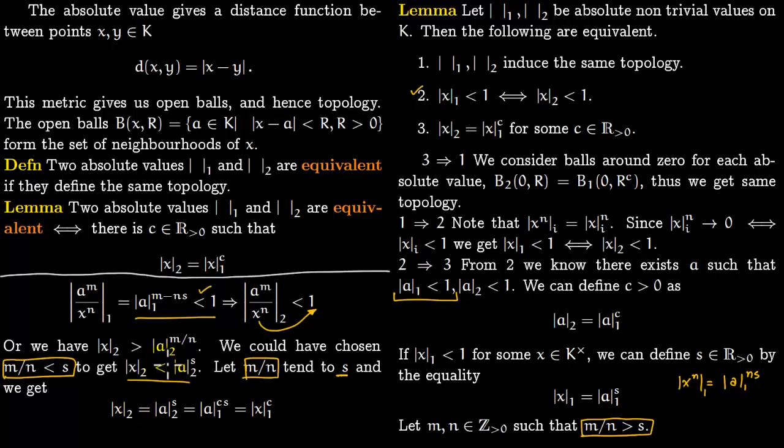So instead of this sign I'm putting equality, it comes right here. Now focus here. We are raising both sides to the power of s. So this is s, this is s. So you have an equality here. This equality we are copying right here. But then we are raising both sides to the power of c. You have c here and you raise c here. So this we will copy right here. And that's what we wanted to show, that this is equal to this, which was our initial statement, right here. So we have been able to prove the lemma for the equivalence of two absolute values.